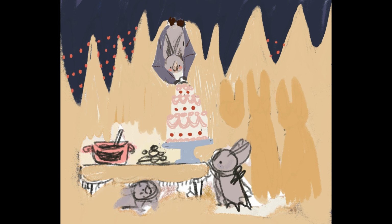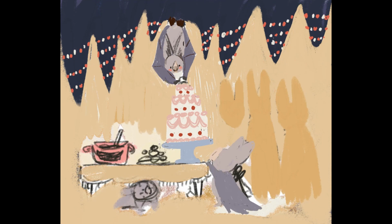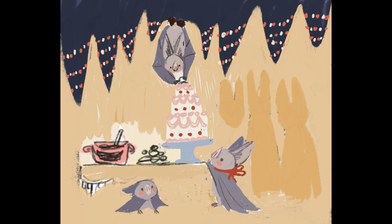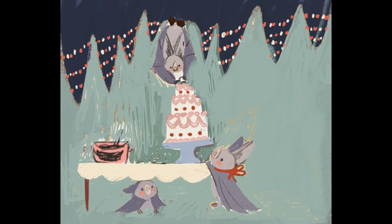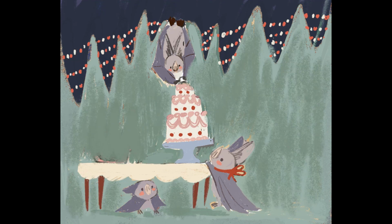Anyway, so I am sad I couldn't show as much food in this composition, but I do like the cake a lot. And I decided instead of a super mulled wine, it's mulled blood for vampire bats, and they could have it heated in a crock pot. So I don't have too much more to say in terms of what I was going for on this illustration,